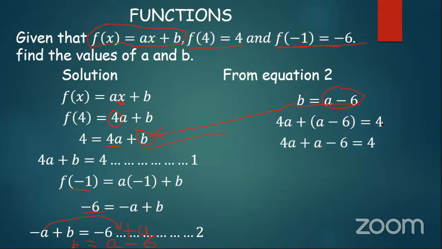When I open brackets, I'll have 4A plus A minus 6, and is equal to 4. So what I do here is to transfer the 6 to this other side, and that will change it to plus. And then 4A plus A will give me 5A